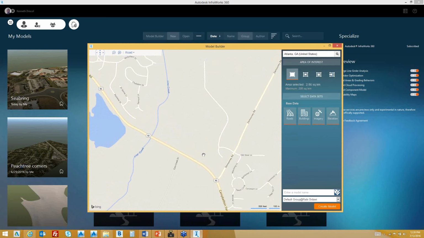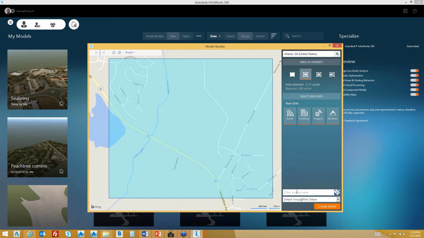So as an example, we're looking right here along this creek. So I'm just going to define an area, so again, up to 200 square kilometers of an area that we want to bring in. So we'll just bring in a model, and I'll just pick it, and then I'll just call it Atlanta